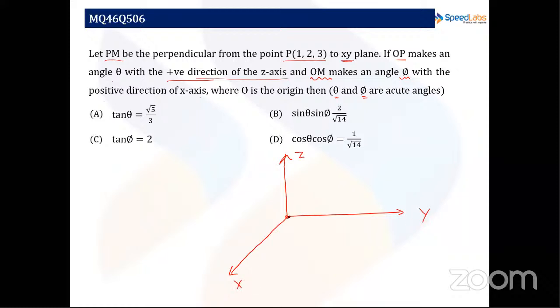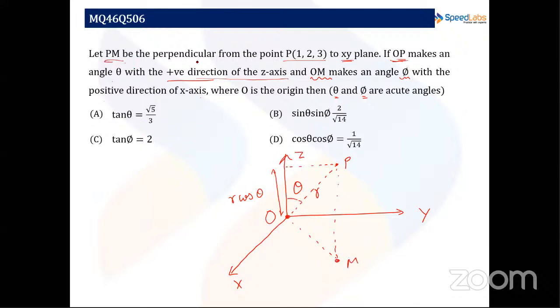Now, this is our origin. We are having OP, which is making an angle theta with the positive direction of z-axis. So OP is making this angle theta with the positive direction of z-axis. So its component along z-axis will be OP. Let's say the length of OP be r, so it will be r cos theta. And its component along xy plane, it will be,